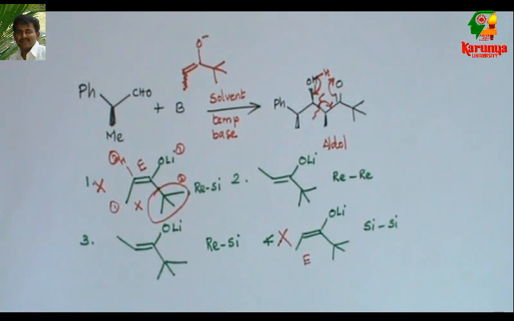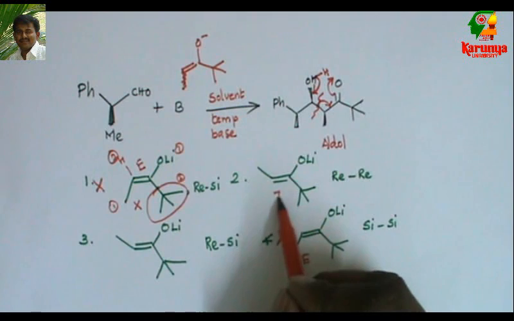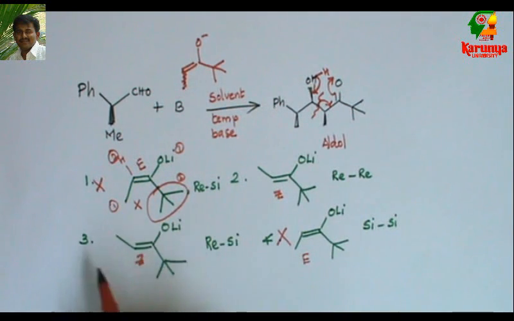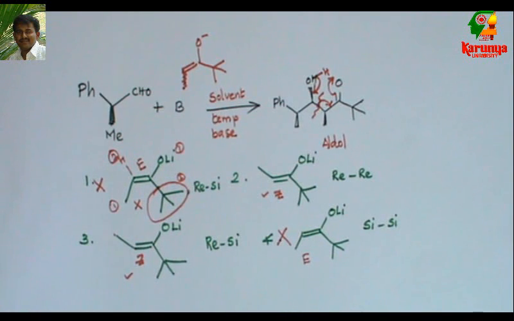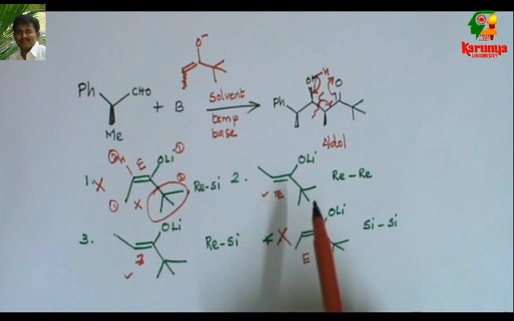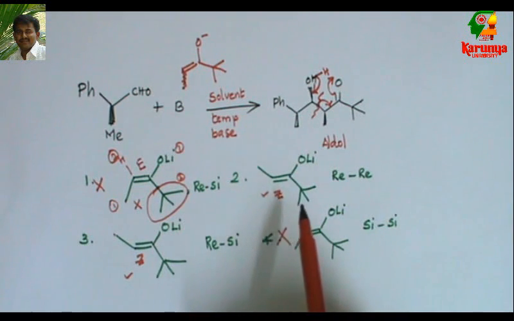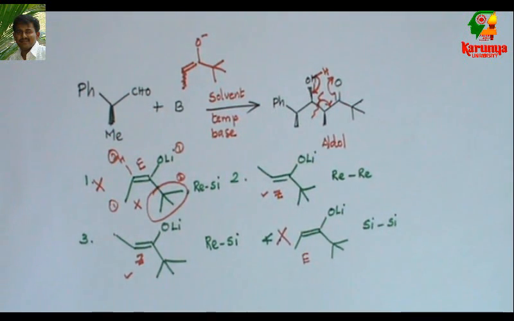Second and third are Z enolate. And there is no steric hindrance between the bulkier tertiary butyl group and methyl group. So this is more favored. We can also predict that this Z enolate is involved in the reaction based on the transition state. I will go to that later. For the time being, remember steric hindrance decides the enolate. Now,